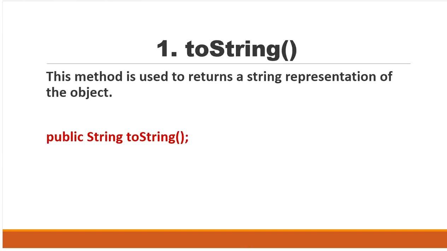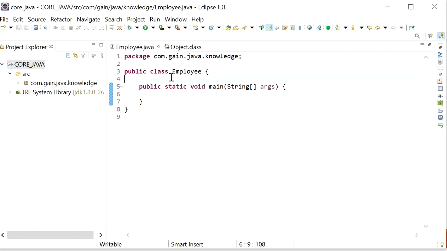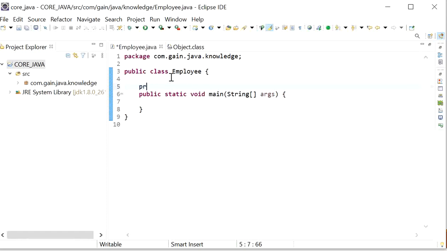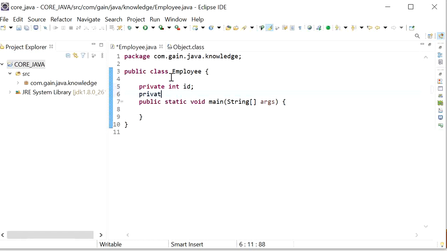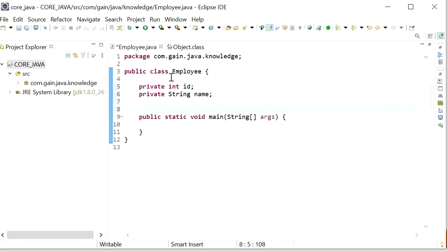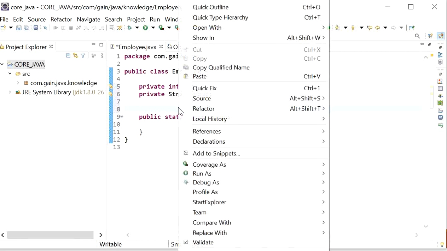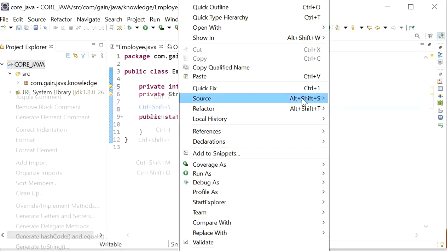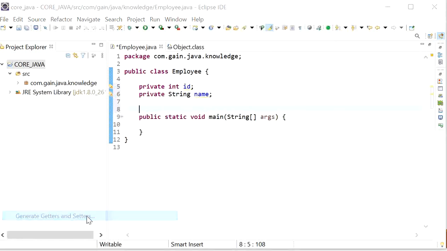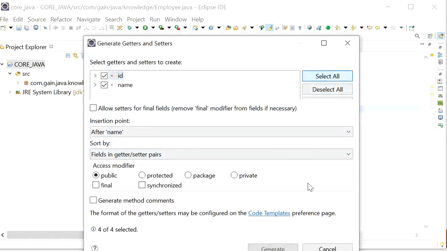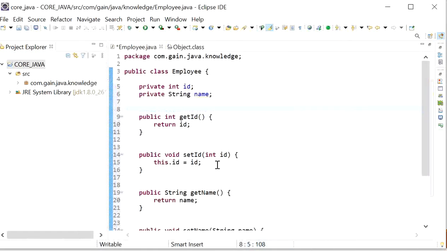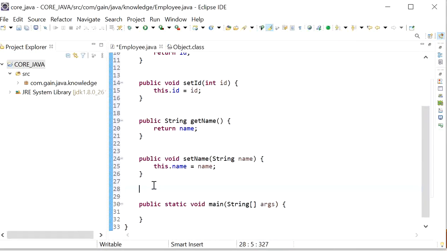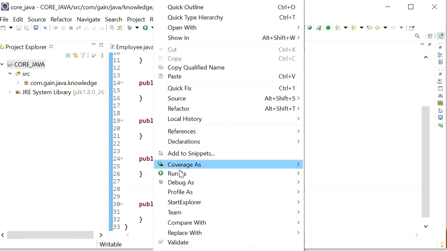For example, we have an Employee class, and this class contains two properties, that is private int id and private String name, and here we will use a parameterized constructor, and we'll also generate its setter and getter methods. Select all and click on generate. So here we have generated its setter getter methods.